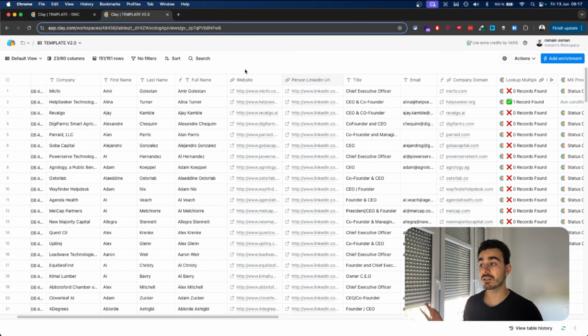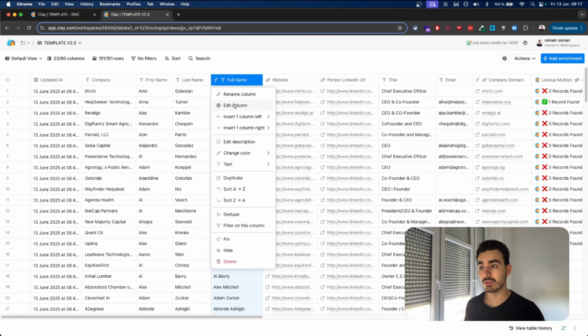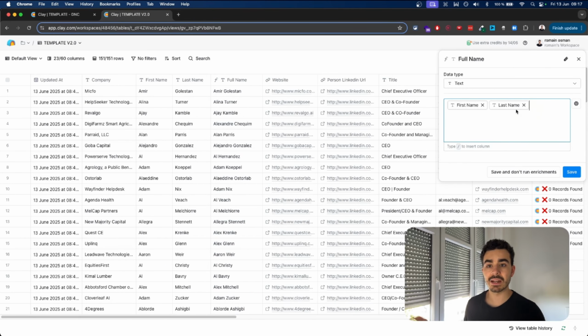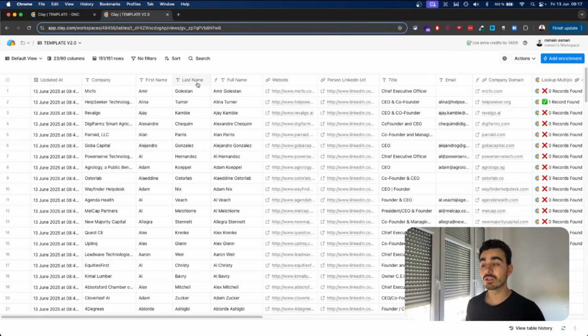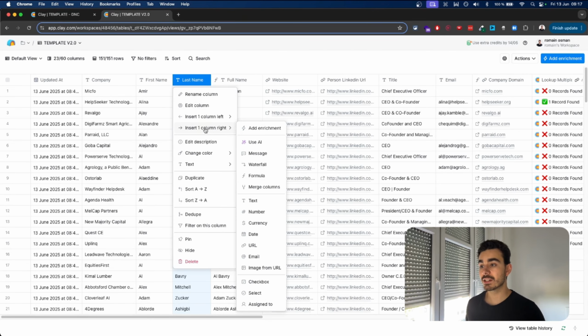So first, here are the columns that I imported from Apollo. You have the company name, first name, last name. Then full name, it's a formula on Clay. So I'm going to show you how to do it. As you can see, it's first name, last name. And so if you want to have the same here, you go to insert one column on the right, then